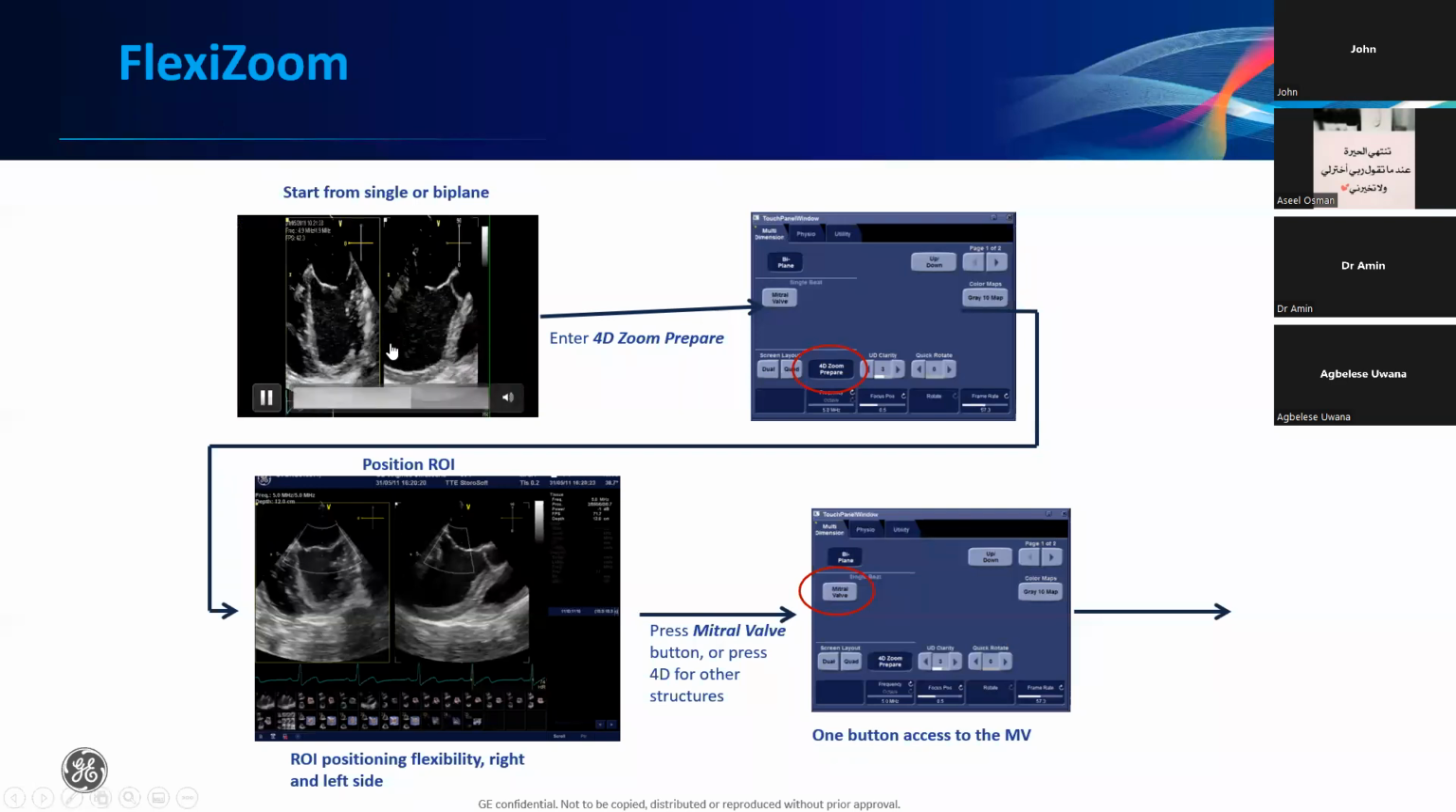pre-acquisition plan what is the area of interest. As in this case, if you try to acquire this full heart, you will not have the best optimal resolution and the optimal frame rate. So in order to get the optimal resolution for your target area, which is in this case, for example, mitral valve, I can actually place a 4D zoom prepare, have a zoom box around the mitral valve from this classical